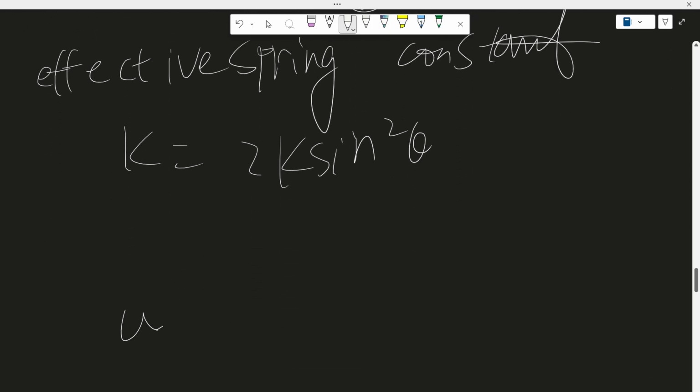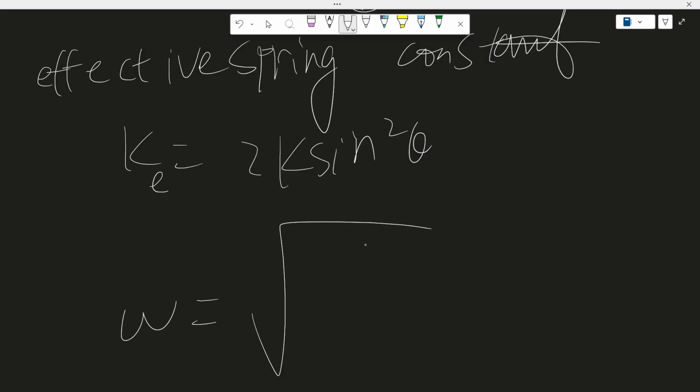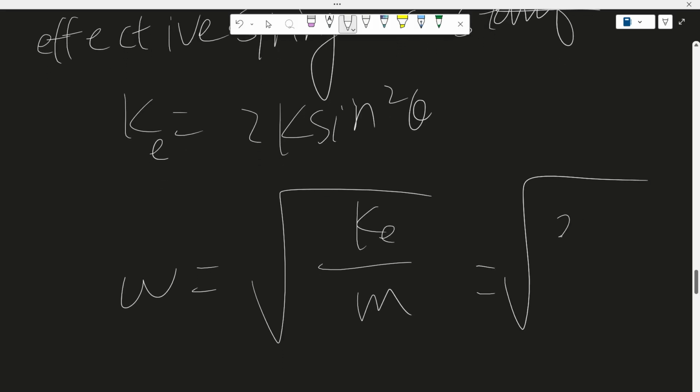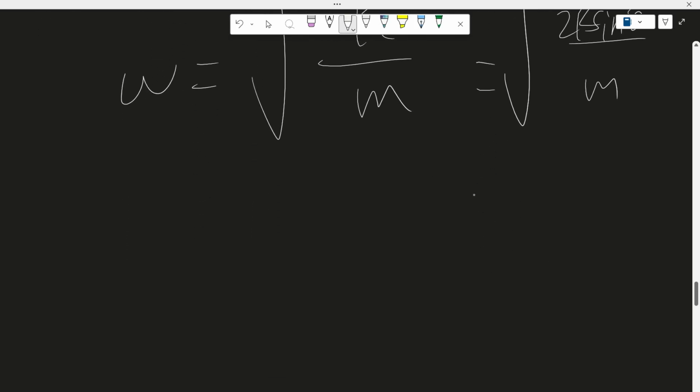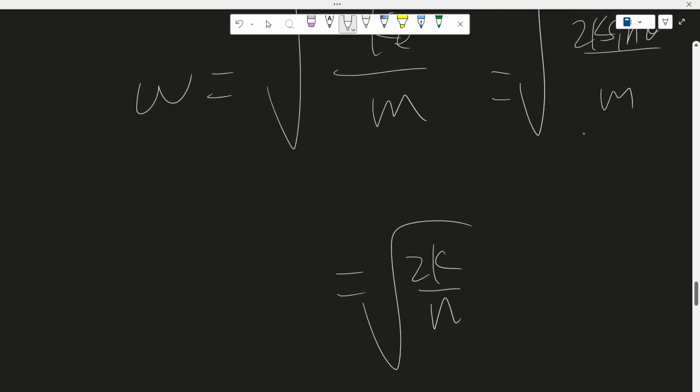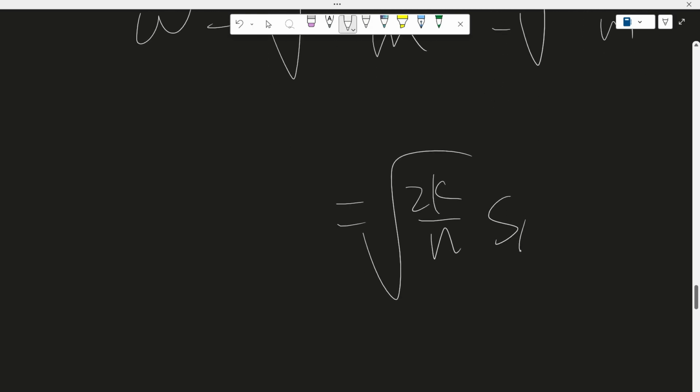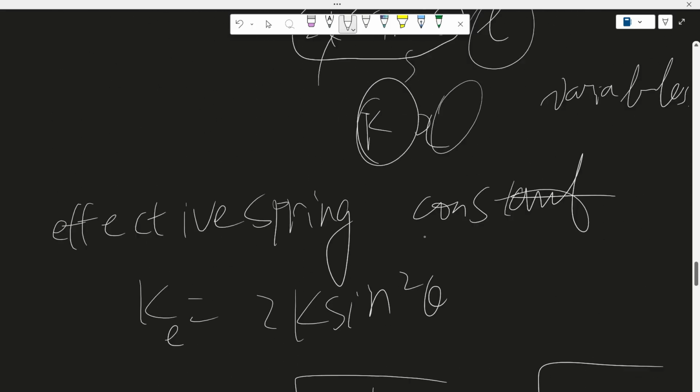And so we know that omega equals the square root of the effective spring constant, ke, over m. And so it is the square root of 2k sine squared theta over m, which is the square root of 2k over m, and then we can bring the sine squared theta out of the square root, and we get sine theta. So the answer is omega equals the square root of 2k over m times sine theta. And that is our answer